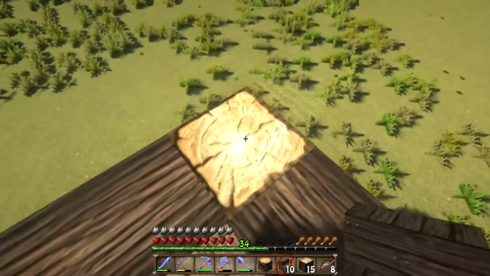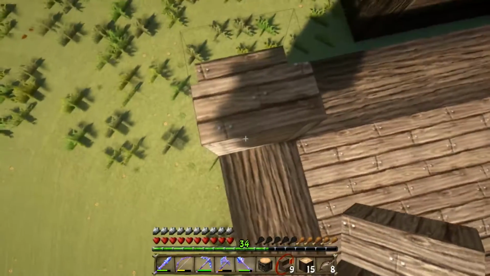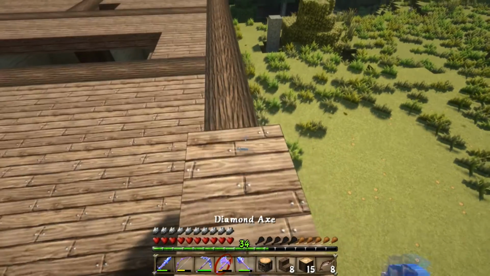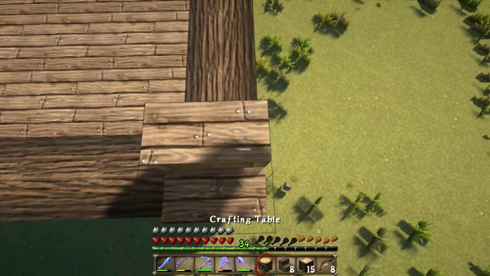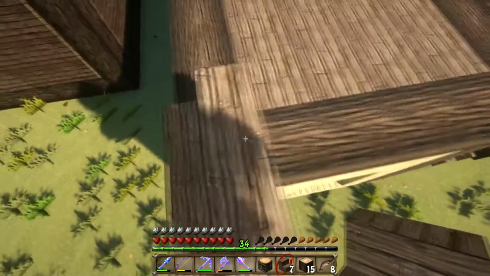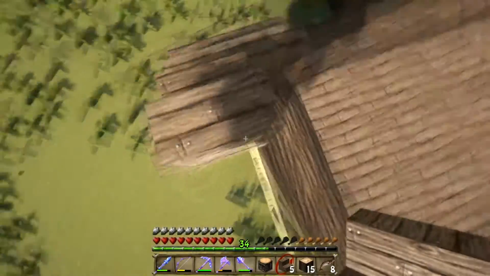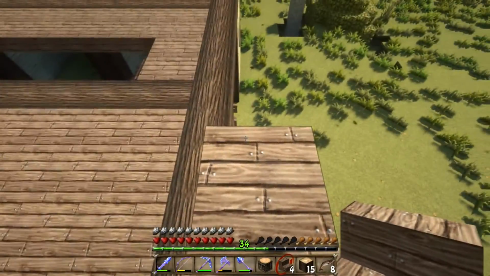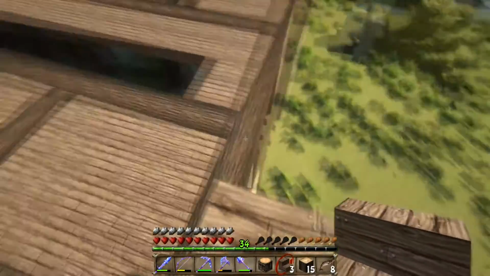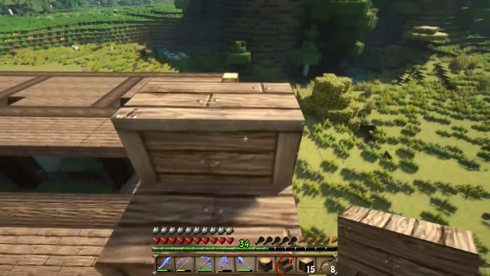So we're just going to run up here real quick, and we'll do something like this. Start with that. Actually, that's not where we want to start that at. We want to be one more block out. We're going to have a little bit of an overhang right here. Okay, now this is where we're going to start. But we're going to go back and forth like this till we get roughly to the middle, where that log post is coming out. So we're just going to go back and forth like this